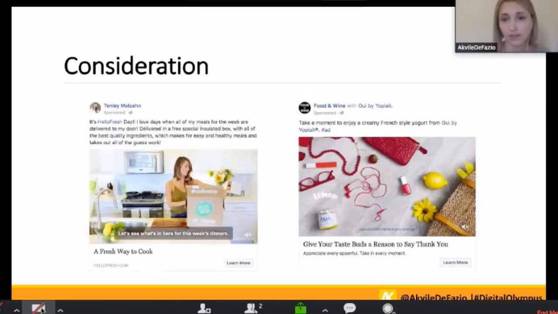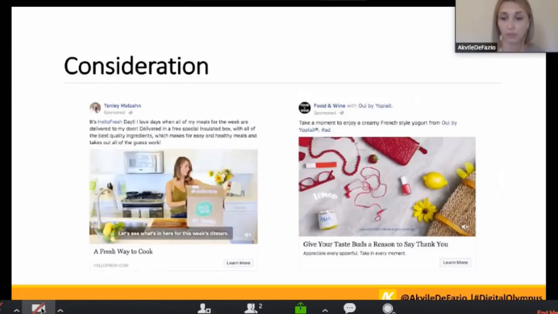And on the right, Food and Wine did another great stop motion video. Here, they're just showcasing their new yogurt. So in the bottom left, they have the new yogurt popping up. And what caught my attention were the bright colors. They have the simple background. They just have a few things that you might carry in your purse. So it's a little blend of lifestyle and product placement. So as the stop motion video went, they changed from the different fruits and colors that resembled that fruit, from strawberries to lemon, and they had some other flavors. So that's just a simple way to catch attention and get people to learn more about the different products that you have available.